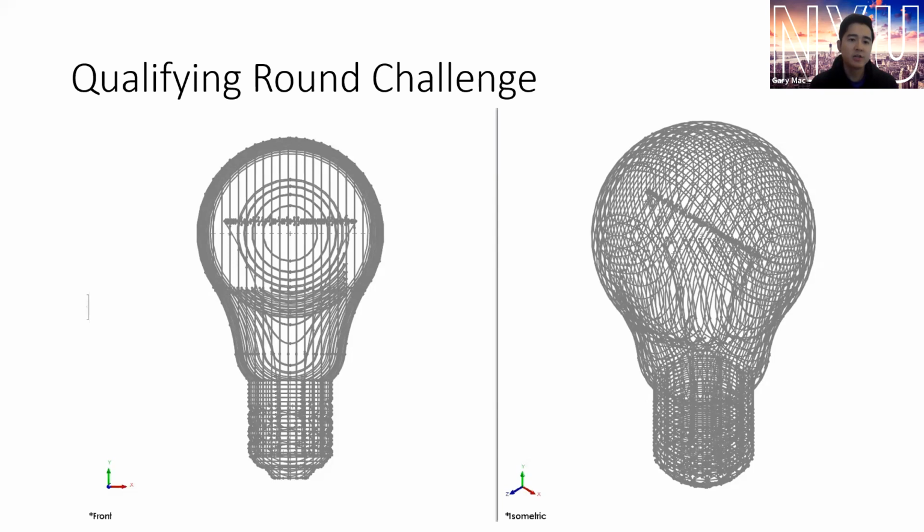The challenge here is to have the participants reverse engineer the light bulb based on the information that is given to them. We've also incorporated elements of mechanical engineering for reverse engineering, as well as computer science, where we've used certain code to implement into our design.